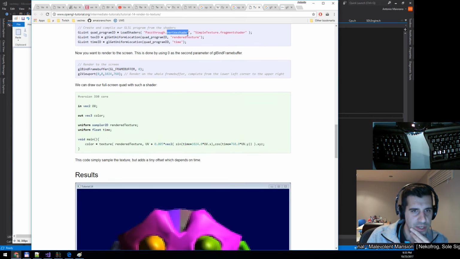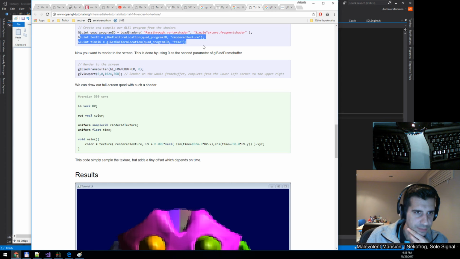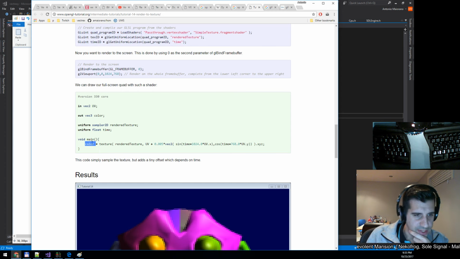There's the time. So this corresponds. These uniforms correspond to the two guys over here. And basically, what are we doing here? We're saying set the current color to, and then we sample the texture